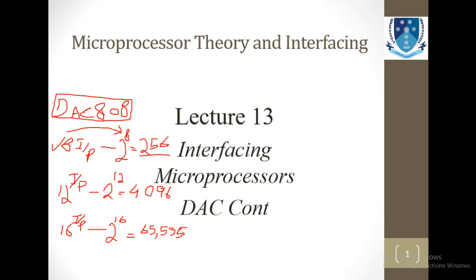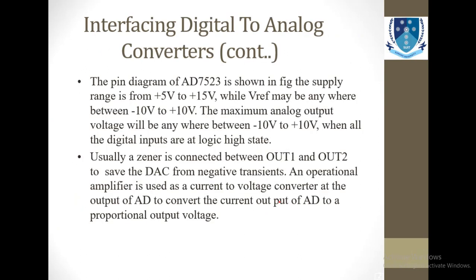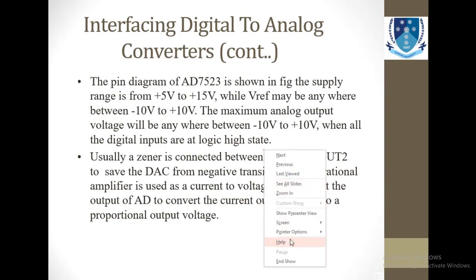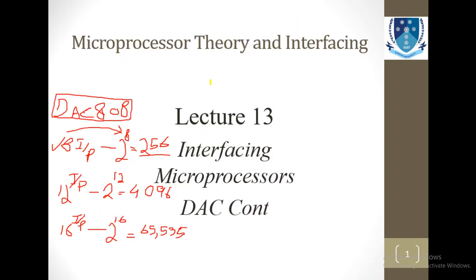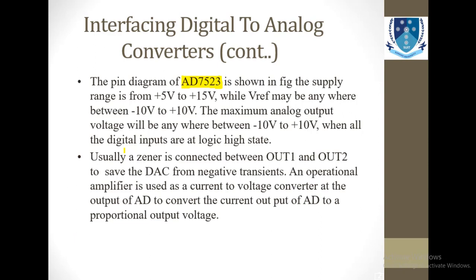So what is the need for this lecture? In this lecture we are going towards another IC that is known as AD 7523. The purpose of learning about this IC is that it has the same phenomena and the same operation, but instead of having 3 different ICs, you can use the same IC for different purposes.